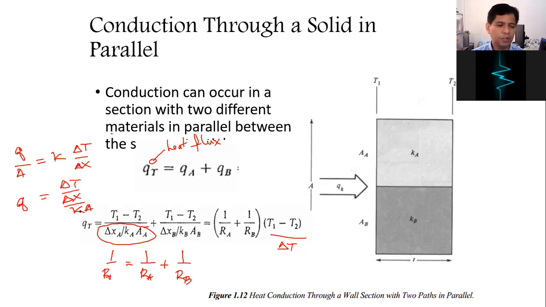Usually the problem is per square foot or per meter squared, so flux is really what is being asked. But if an area is given, it goes underneath: delta X, K over A. I hope you can imagine the equation. It's just cross multiplication. When you cross multiply, it goes to the top together with delta T. Then when you transfer it to R, it goes to the very bottom, not the second level. Okay.